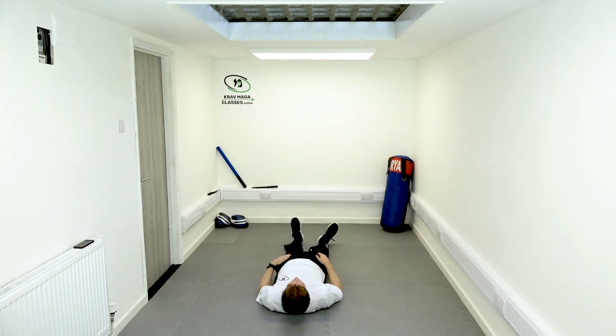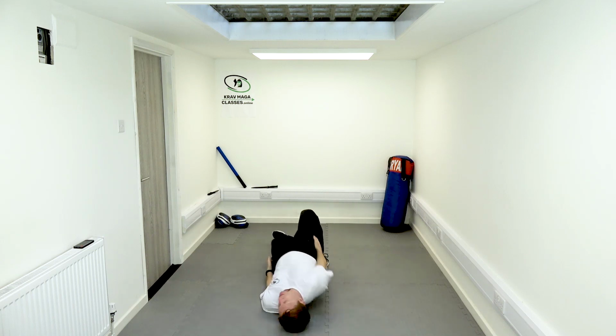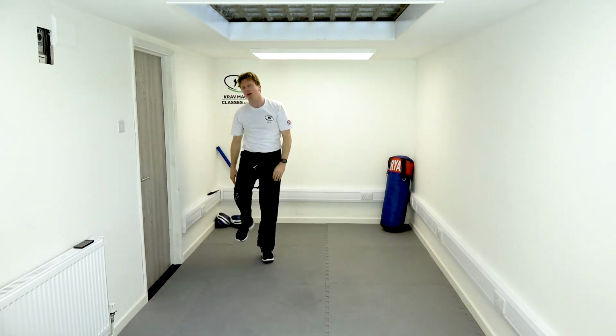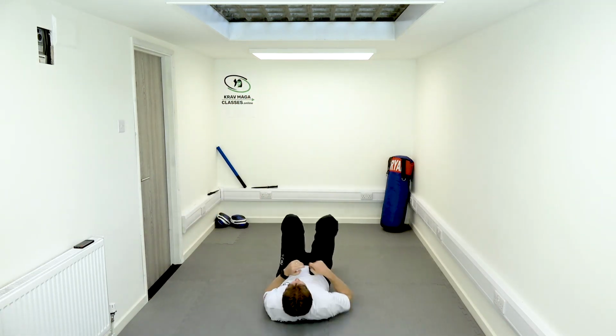Attack number 2. Okay, grabbing hold of the wrists, attack is in the mount, pushing down, defend, 1, 2, roll up, striking, knee between the elbows, up and kick, defense number 1, defense number 2,